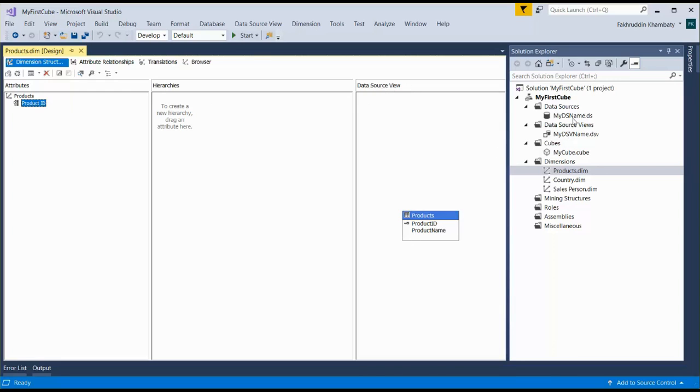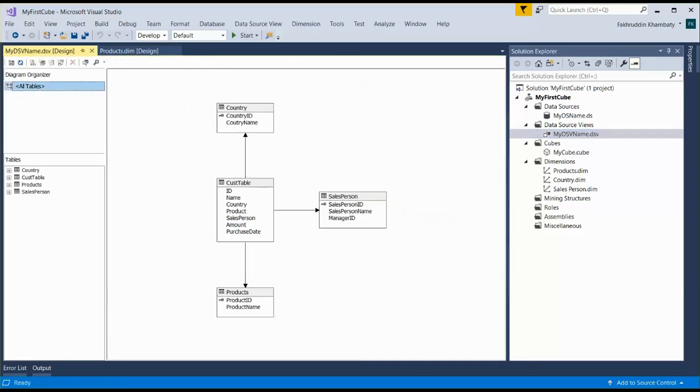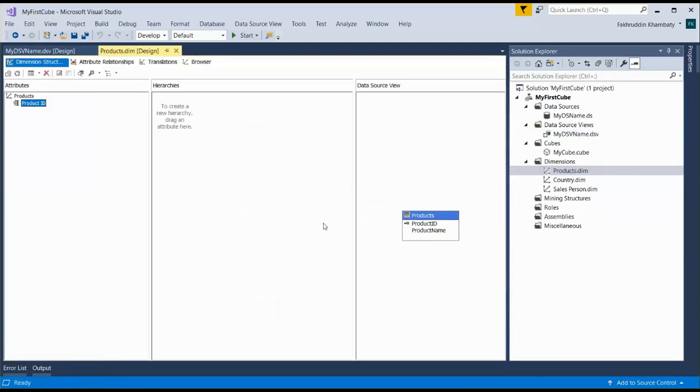And as per the data source view, which I have over here, when I see product, it also has a product name column. It is not just product ID. So when I go back to my dimension, my data source view says that it has product ID, product name, and all other columns that are present in that table. But what attributes from that particular table it has picked for the cube, it has only picked product ID. So right now I'm not going to touch it, but we are going to come to this window very soon.